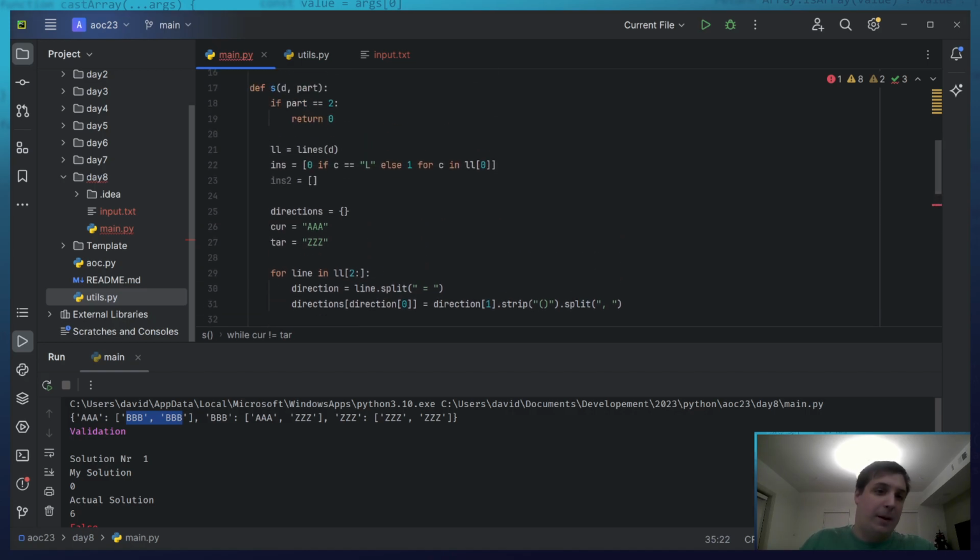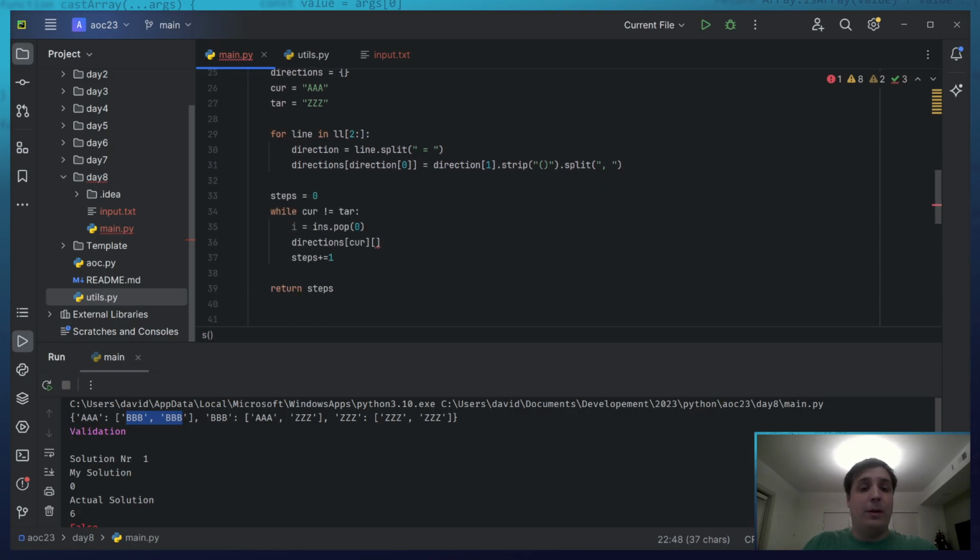Now, optimization would be that this is not a list, but a deque. So if we need to optimize, we're going to optimize to a deque. So that's our current instruction, and this is what we need to address. That is going to be our new current. Okay, now current equals this. And that's it. It keeps doing that.